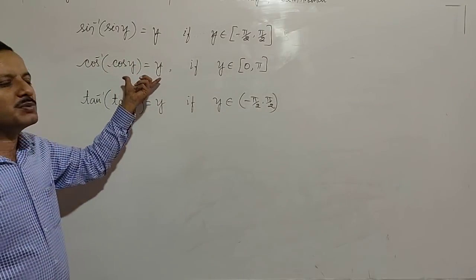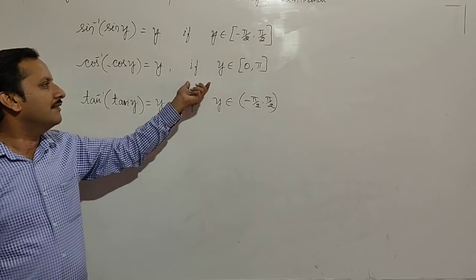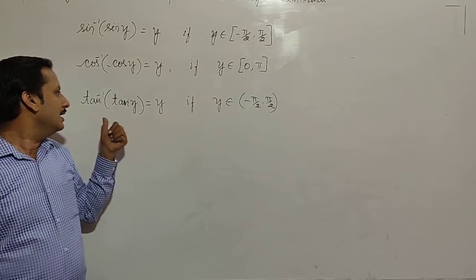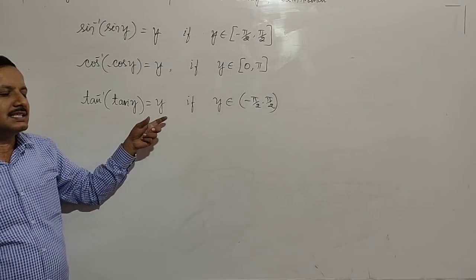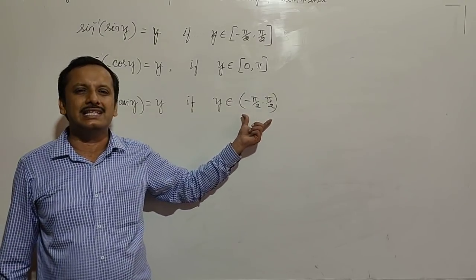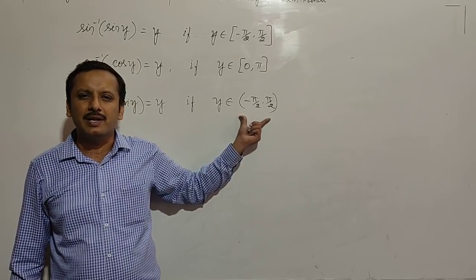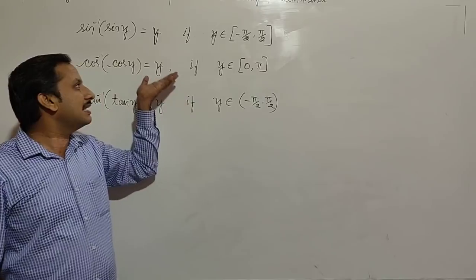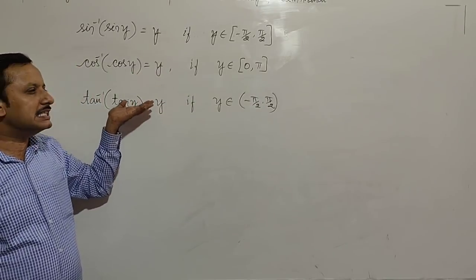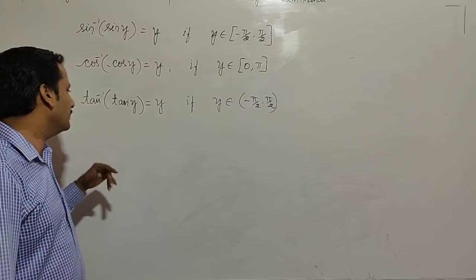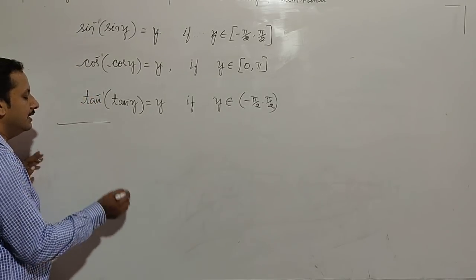Cos inverse of cos y is equal to y whenever y lies in the closed interval 0 to pi. Tan inverse of tan y is equal to y if y lies in the open interval minus pi by 2 to pi by 2. So similarly, you can obtain these formulae for the other three inverse trigonometric functions also. Then further,